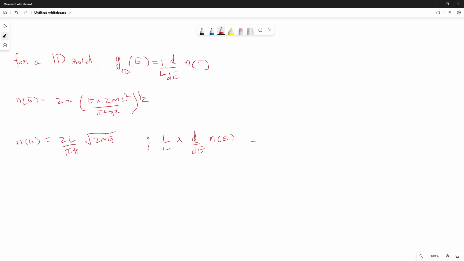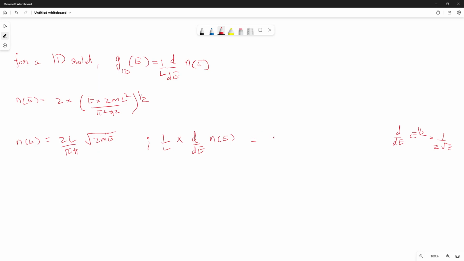So the function here is square root of E. Taking the derivative of that, we know that d by dE of E to the power half is 1 by 2 root E. Yeah, since we know that it is 1 by 2 root E, what we will do is when we